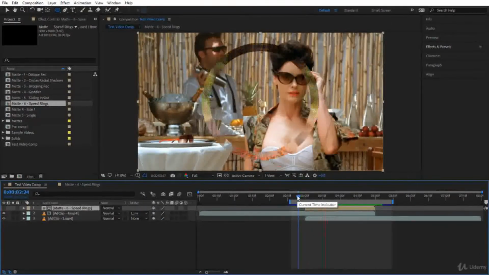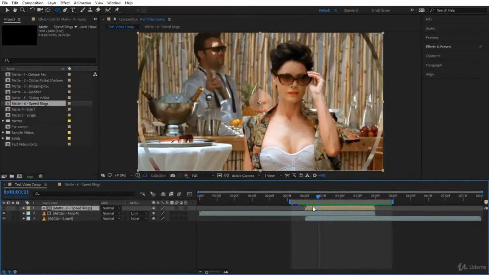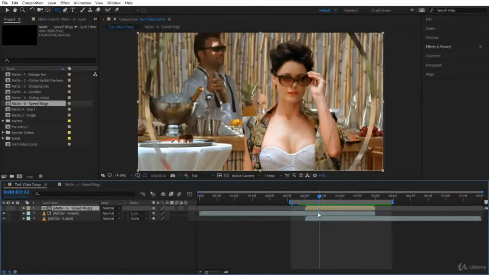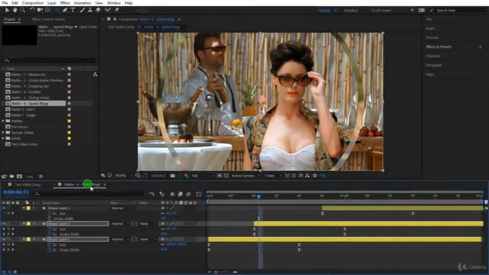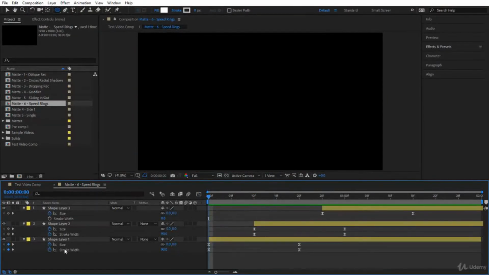Press spacebar to play. Here you are, not bad at all. You notice the first one and the second one. Now there are very many variations that you can do here. For example, if you go back to the same one and at the first keyframe here, you want maybe to